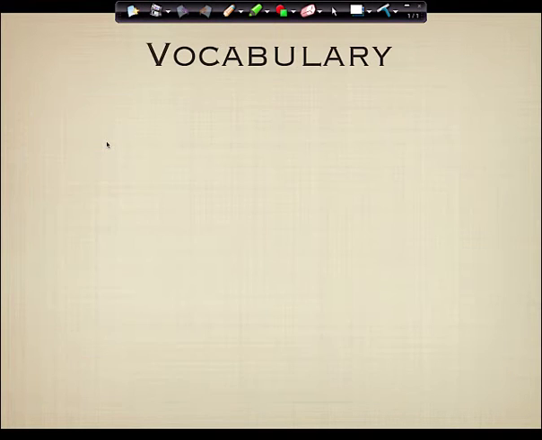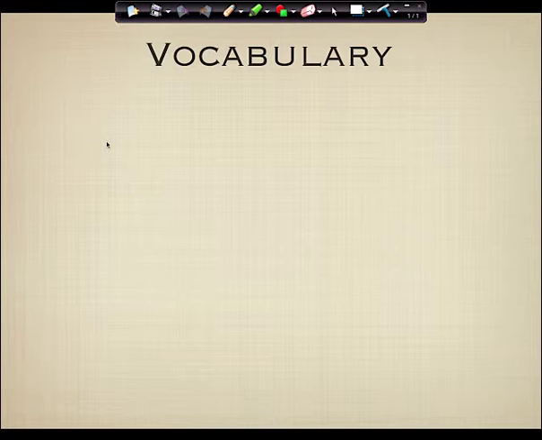So here's where we're going to get started. First of all, we need some vocabulary. This needs to be in your notes. So guys, as we think about this, there's two terms that I just need to lay out for you right now. And I'll be honest with you, this is harder than it seems.